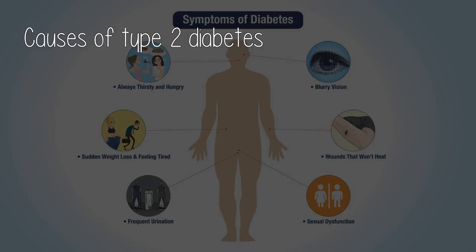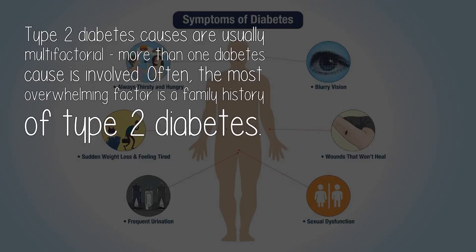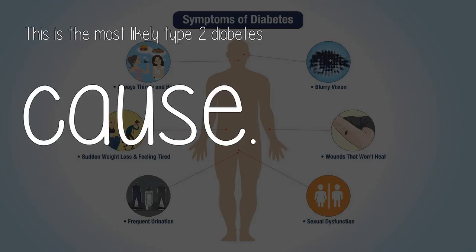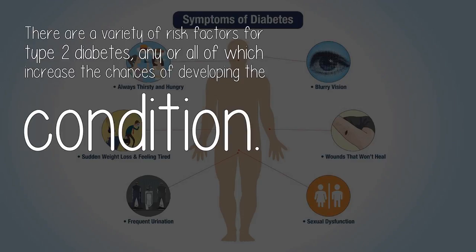Causes of type 2 diabetes. Type 2 diabetes causes are usually multifactorial, more than one diabetes cause is involved. Often, the most overwhelming factor is a family history of type 2 diabetes. This is the most likely type 2 diabetes cause. There are a variety of risk factors for type 2 diabetes, any or all of which increase the chances of developing the condition. These include